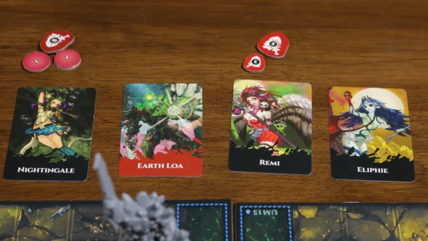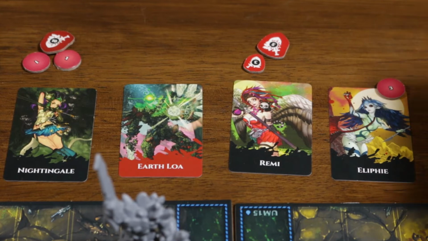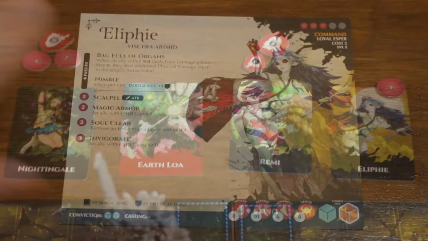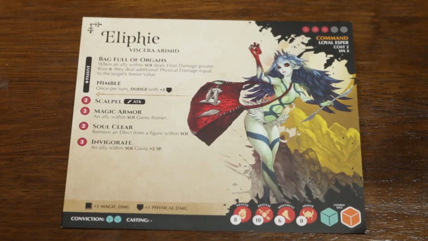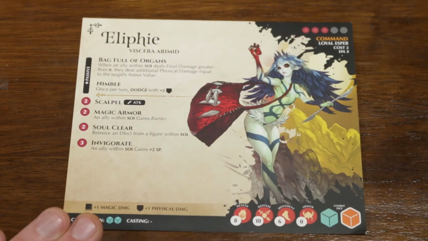So with Remy's activation done, we move into Alifi's activation, and she, of course, has stamina to utilize as well. But before we use her on the map, let's take a look at her character card. You'll see here there are a lot of similarities between both the adventurers and the monsters that we face. In the top right, we see that it is a command card, which means the players get to choose its